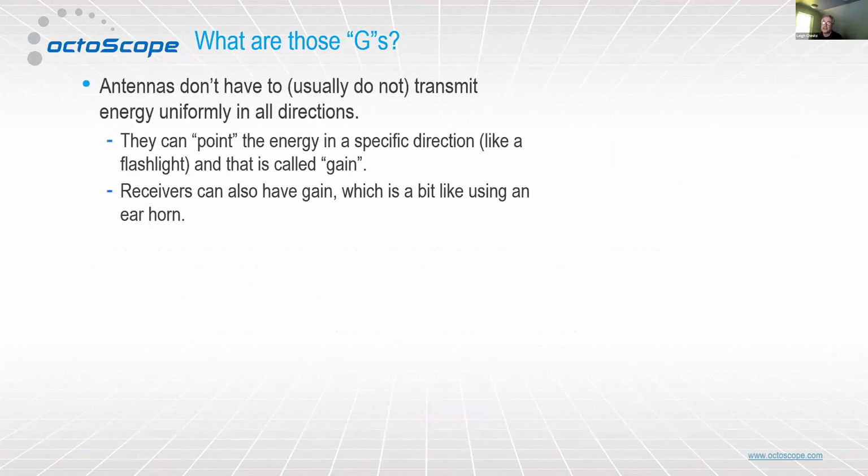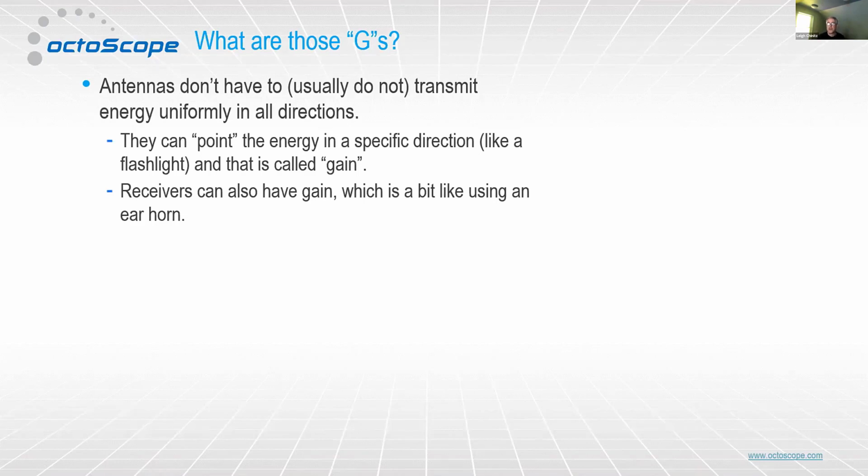So what are all the G's in that last slide? So the G's actually refer to gain. So what does that mean? It means that antennas actually don't do what I said typically, right? They don't transmit energy in all directions at the same time, all the time. You can actually point the energy in a specific direction like a flashlight, and that's called gain on the transmit